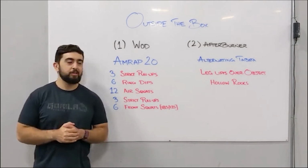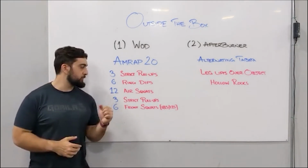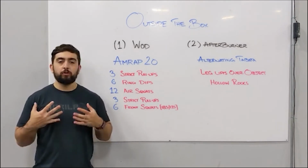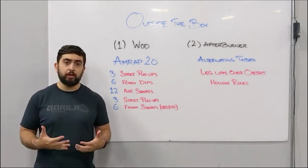Happy Saturday, guys. Today's home workout, we got an AMRAP 20 of strict pull-ups, ring dips, air squats, strict pull-ups again, and then front squats at the end. This workout today is more of a slow 60 to 70% pace style workout to really build strength